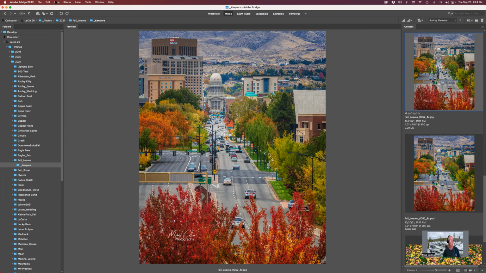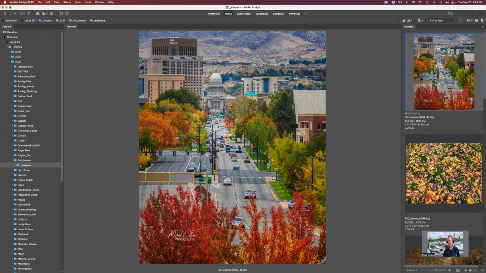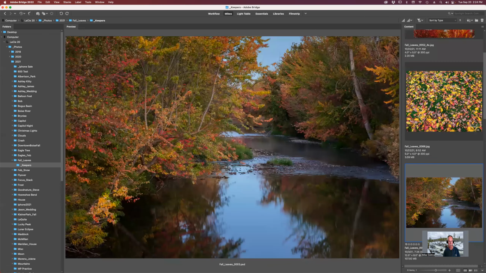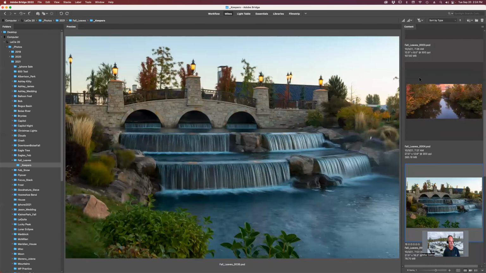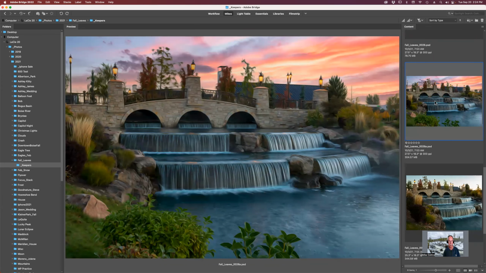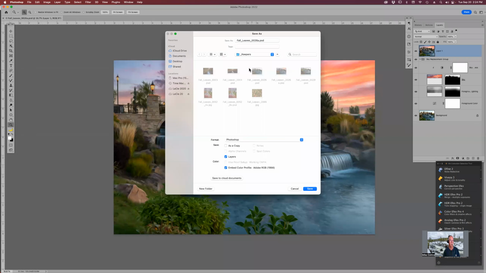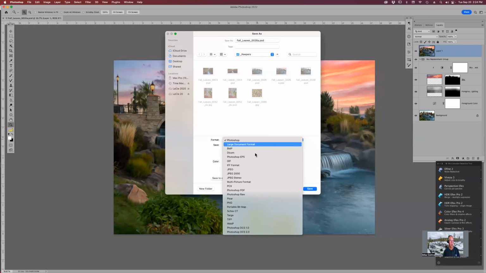You can also do a view and then go down to sort. I can sort by file name, by type. Well, let's hit type. So now I have JPEGs on top. And it goes down to PSD files underneath. And let's open this. And we'll save. So Command Shift S. Save as a